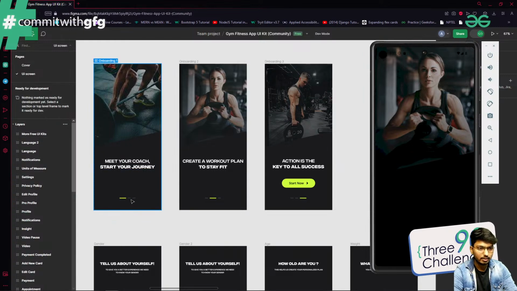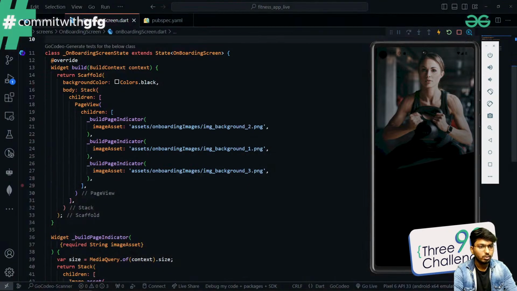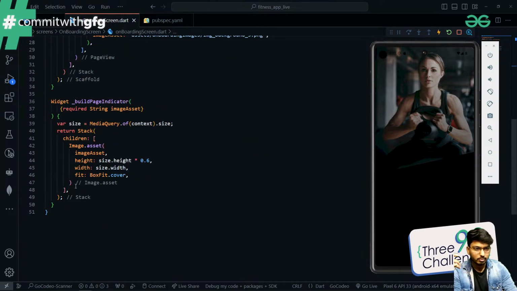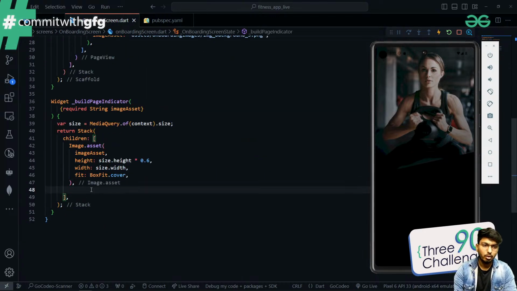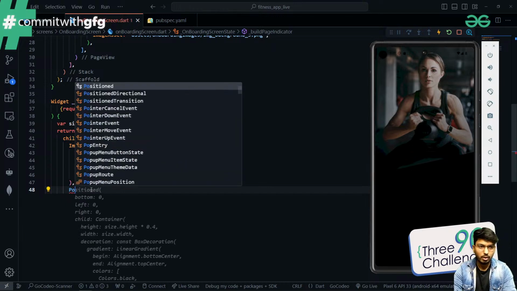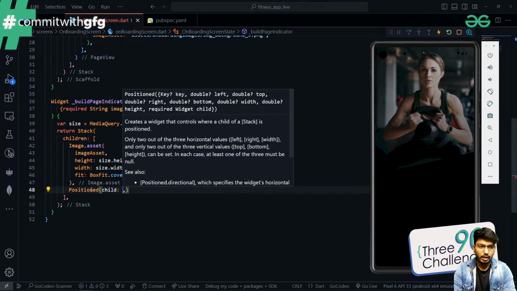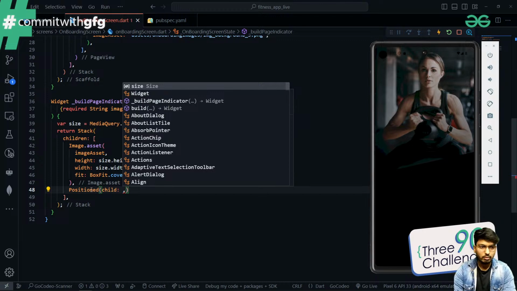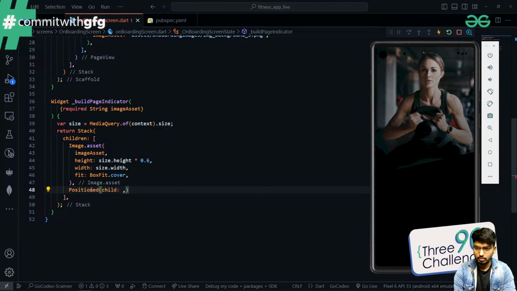But what we have to make sure is that this text and this indicator are also there. Okay. So to create that text, we obviously need to make sure that the text part is right behind this image. Okay. So I'm going to add Positioned here, and right after this Positioned, firstly, we will be entering a container,